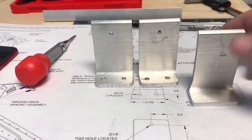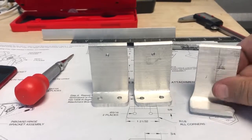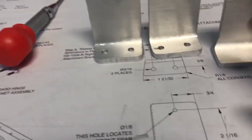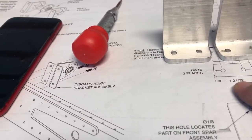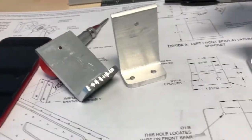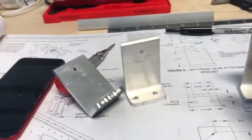I measured these now. It might be a little off because I did polish the edges, to take off the edges to deburr them. But this is what the foot should look like. It should come out 1 inch and 21/32 past this. This should be 1.5 inches, and this should come out 1 inch and 21/32. What that does